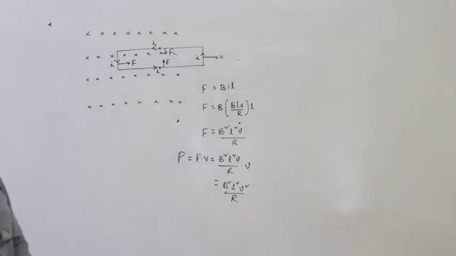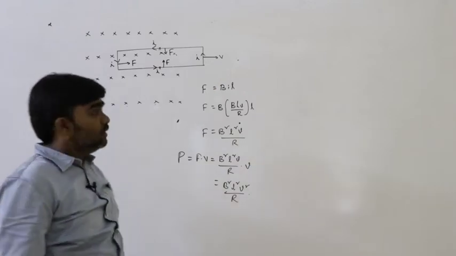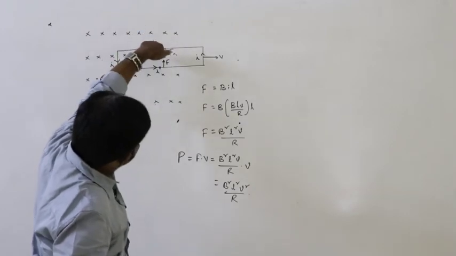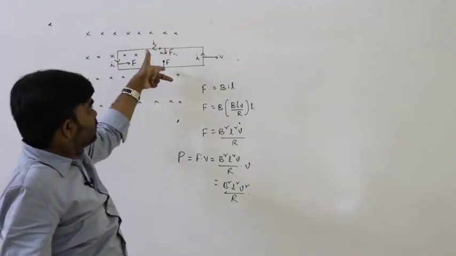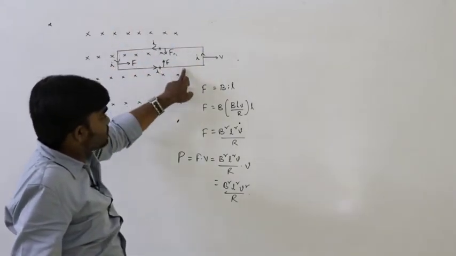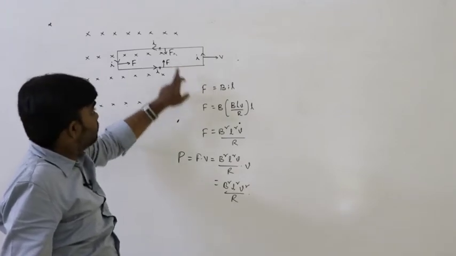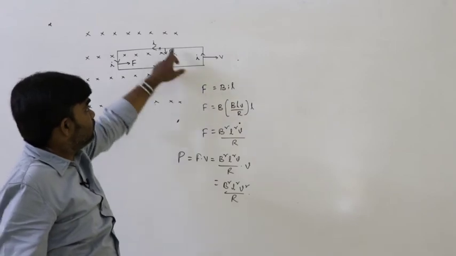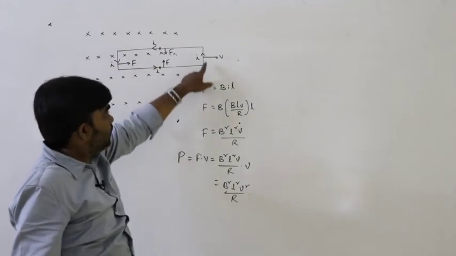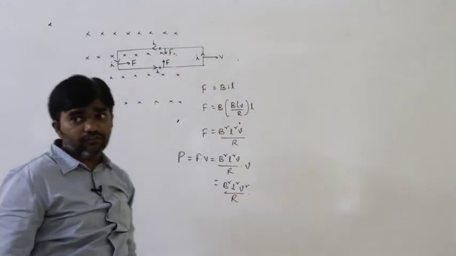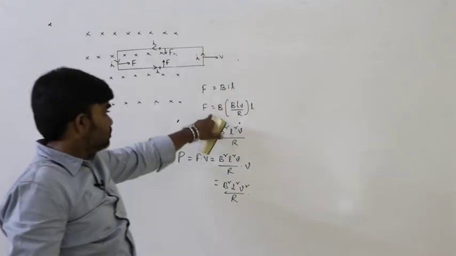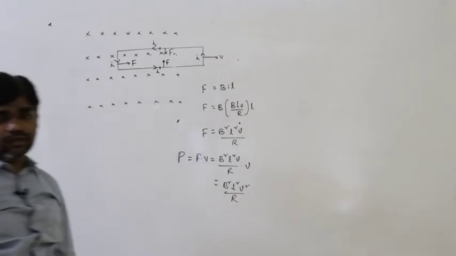So this is the force required to pull the rectangular loop out of the magnetic field, because of Fleming's left hand rule. On the upper conductor the direction of the force is downwards, and on the lower conductor the direction of the force is upwards. These two forces are equal in magnitude because the lengths of these conductors are the same, the current is the same, and the magnetic field is also the same. So these two forces cancel, and this force is in this direction. What is that force? BIL, because this part is out of the magnetic field. No need to calculate the force on that. So F is equal to this, and this is the power required in this situation.